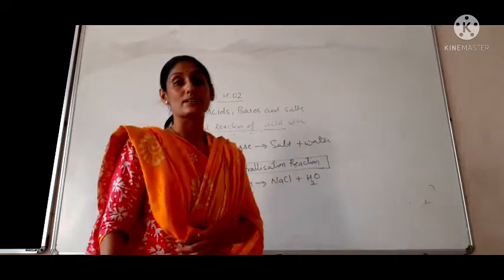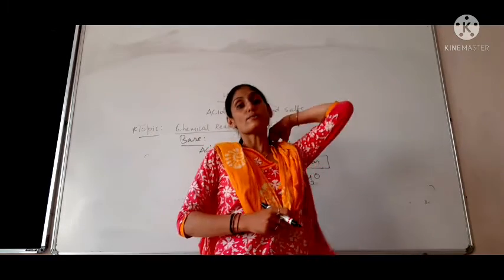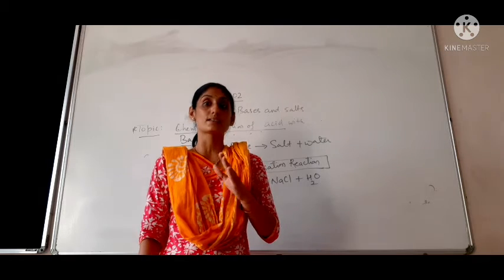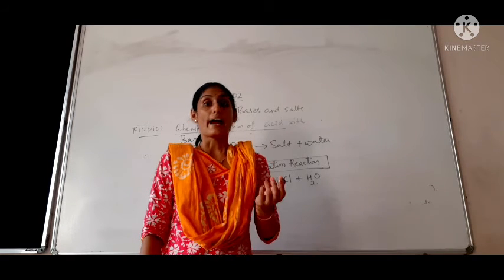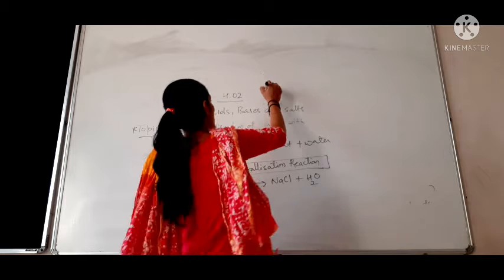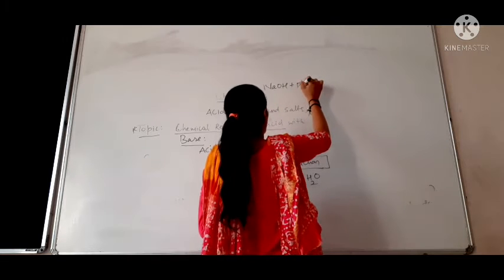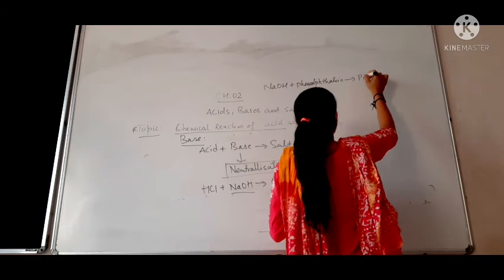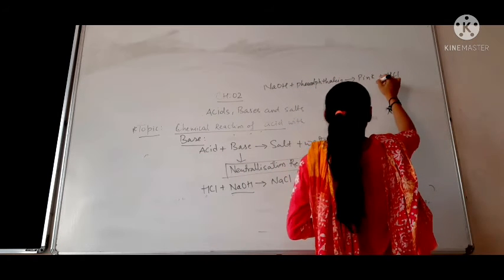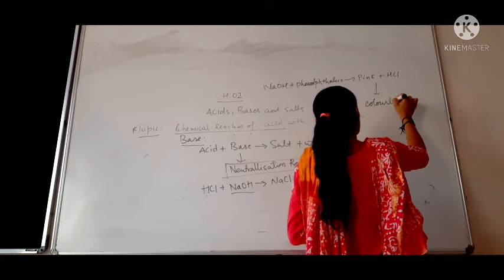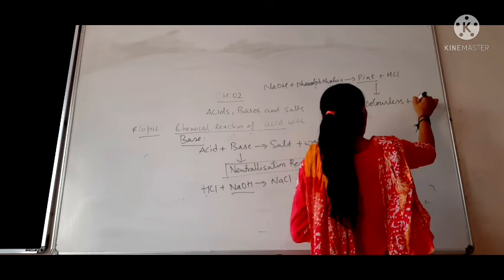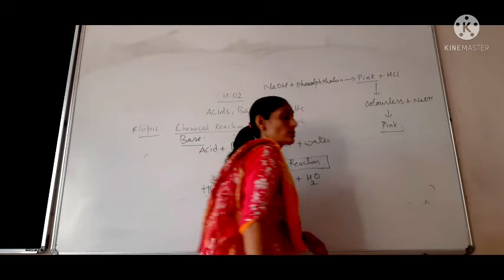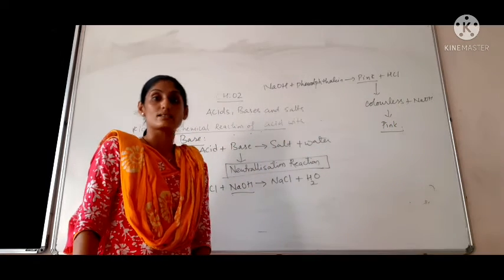Now in your textbook, one of the activities given is that you have to take a test tube, take 2 ml of NaOH solution, then add phenolphthalein. What happened? We know that phenolphthalein is a colorless solution, and whenever it is added to NaOH solution, it turns pink. Now if you are adding HCl, it again loses its color, the color disappears from pink, and when you are adding NaOH again, the pink color appears. So that reaction is known as neutralization reaction.